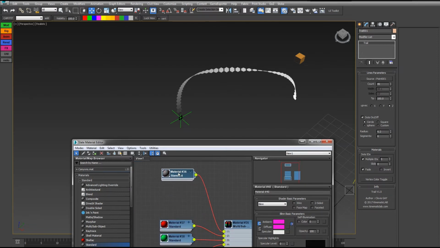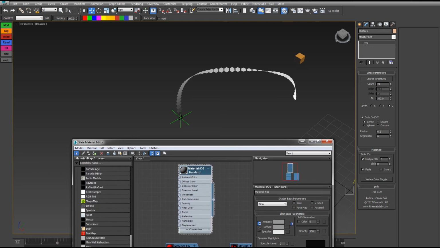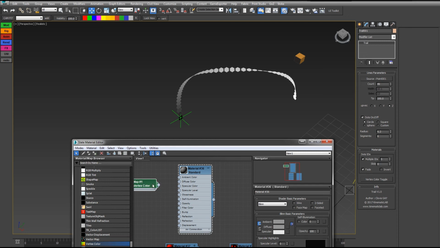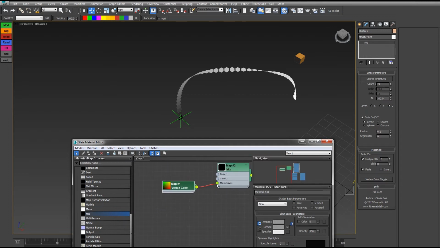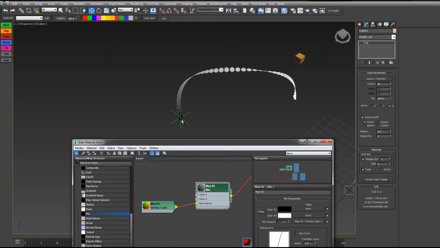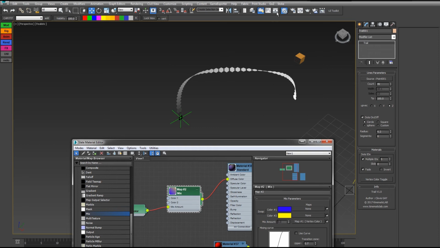But if you apply a material like this one, I mean only this one will be applied to my trail, and on this material you add a vertex color map in a mix, for example. So the mix is going to be in the diffuse, and the vertex color is going to be the mix amount. The color from black to white is going to blend between the colors I put in the mix. So if I use blue and yellow, for example, and render it,